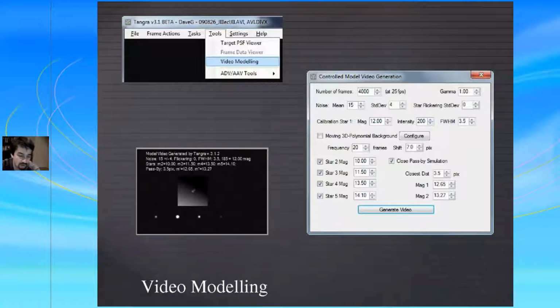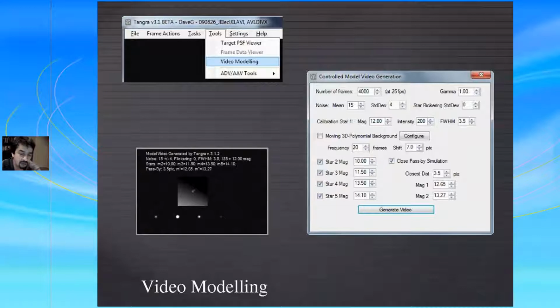The other thing I did in order to verify that my measurements are correct, I built an entire engine of generating test videos, which are controlled model videos, where you can ask Tangra to generate a video for you with stars with various magnitudes, and also with a close pass-by simulation of two objects.